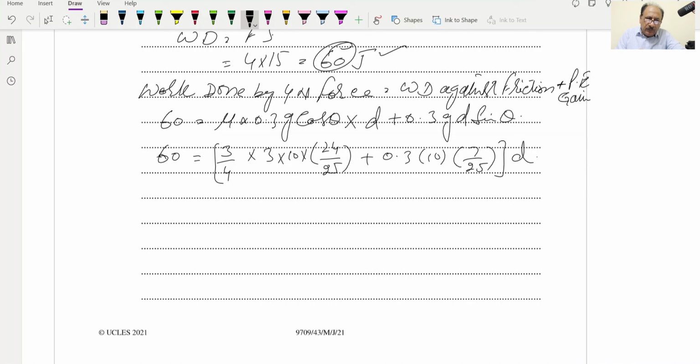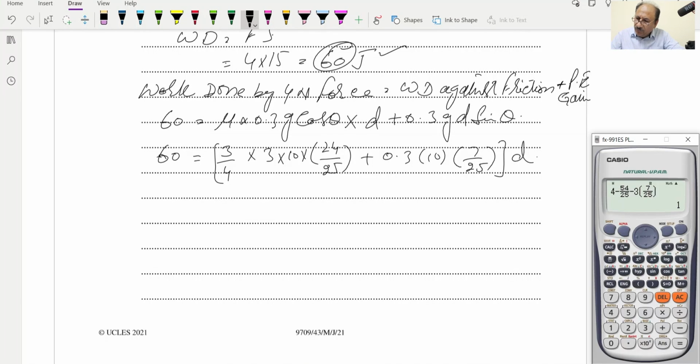Hopefully you are getting it. Now we can simplify it here. This will be in bracket 3 over 4 multiplied by 3 into 10 into 24 over 25, plus 0.3 into 10 into 7 over 25, and bracket closed, and this is equal to